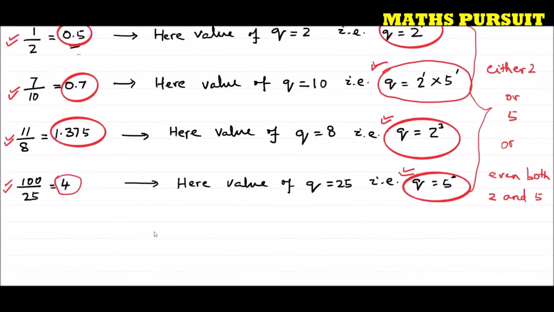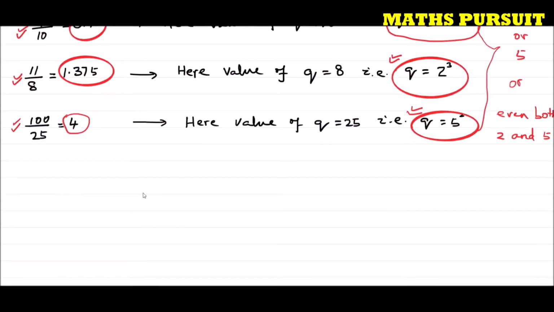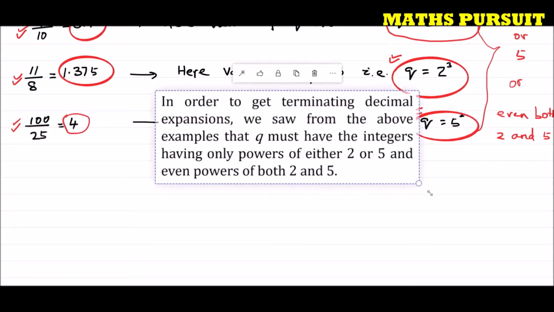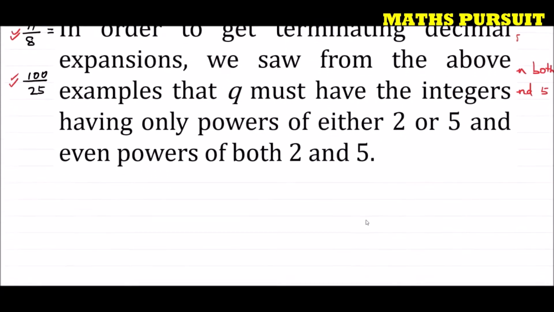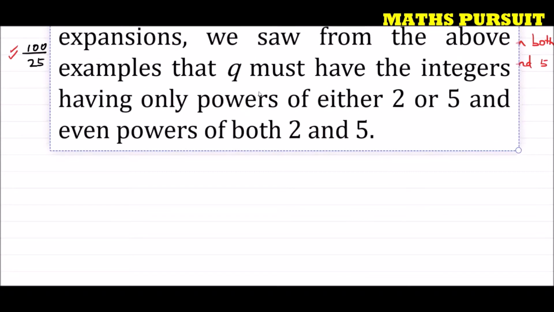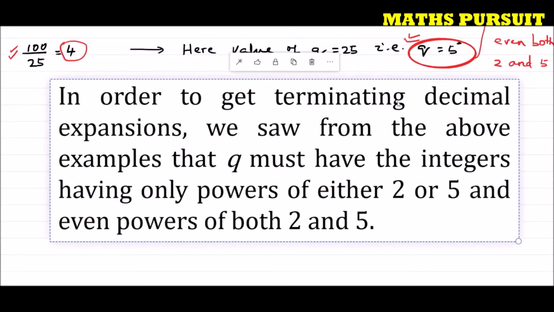Now, in order to answer this question, we took some examples. Now let us put our concluding answer, based on the observations that we saw. So guys, I have written down here my concluding answer, so that it would be easy for all of us to understand, because our concluding answer is most important. Everything depends upon our concluding answer.